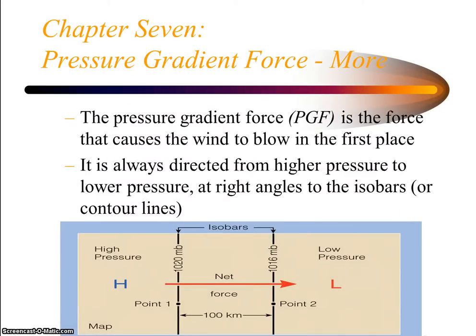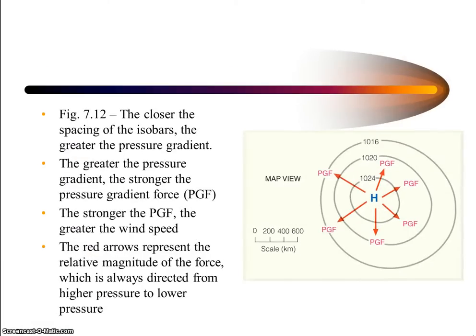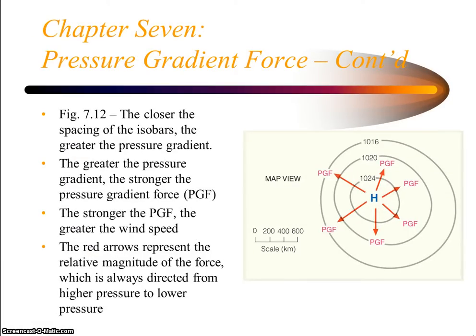If we looked at just pressure gradient force here, the force that causes the wind to blow in the first place, a difference in pressure between distance and the horizontal on the surface, it's always directed from higher pressure to lower pressure at right angles to the isobars. Air over high pressure moving toward area of low pressure to fill it in, basically. The closer the spacing of the isobars, the greater the pressure gradient. The greater the pressure gradient, the stronger the pressure gradient force,